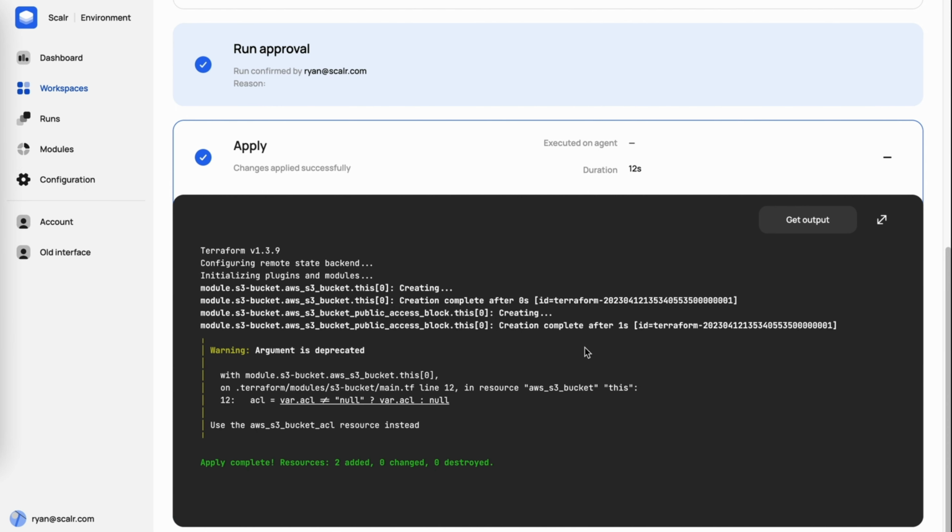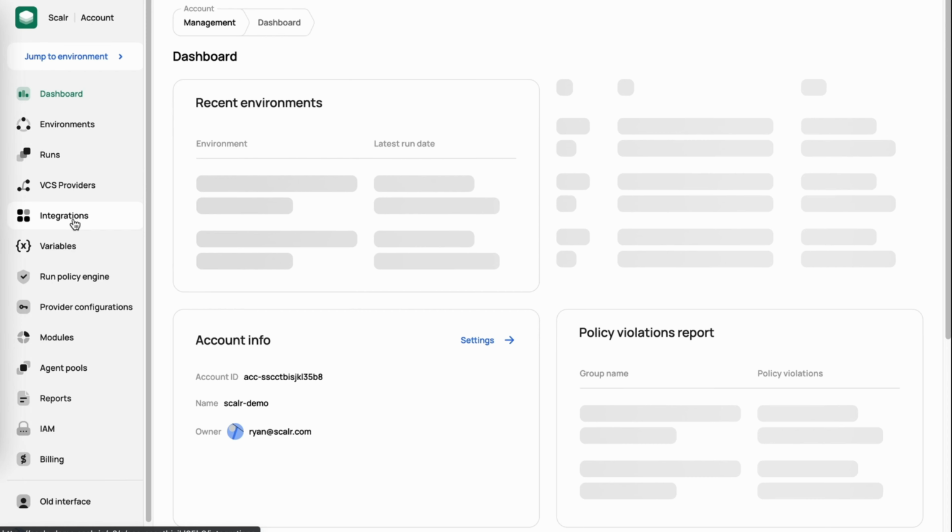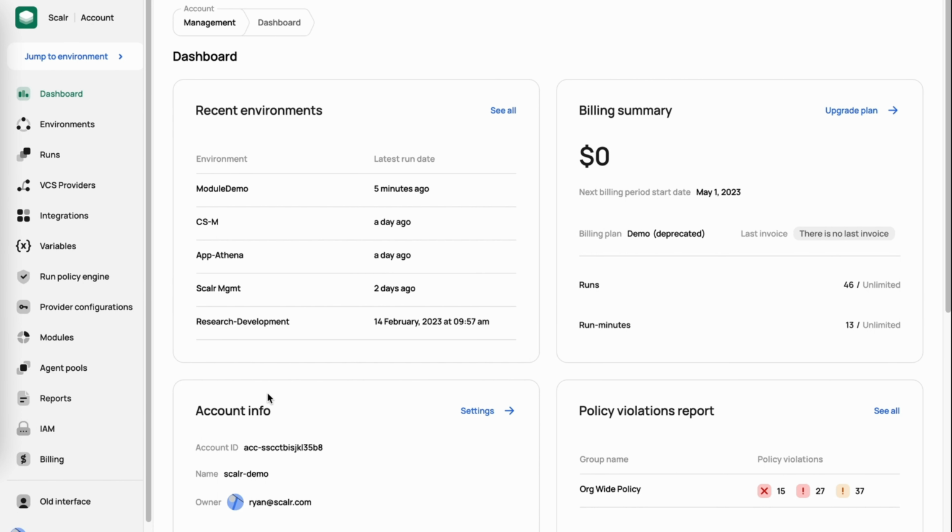Okay, the bucket has now been completed. So we've now gone through the first few phases, which were defining the module in the module registry, and enforcing policies to ensure that it's actually being pulled from the module registry whenever an S3 bucket is created. And now we're going to go to the reporting phase. So we have all these controls in place. We want to see how things are actually being used. So we're going to go up to the Scalr account scope, click on reports here,